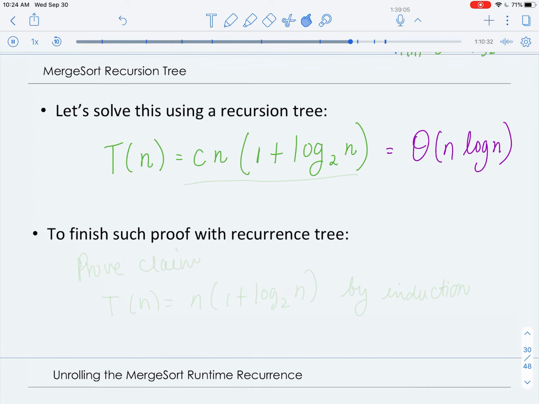And you may be wondering, okay, what would I do once I have this closed form here? What can I do with it? Well, the way to actually handle this is through a proof by induction. In the proof by induction, we would prove the claim that the runtime is equal to n times 1 plus the log base 2 of n, by induction. And this you can do as